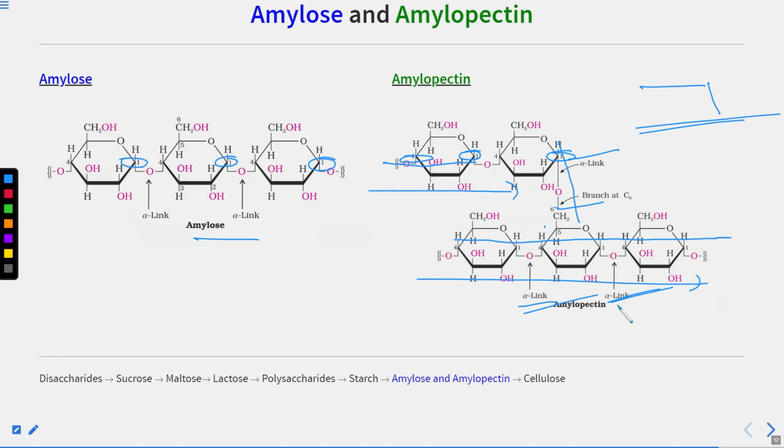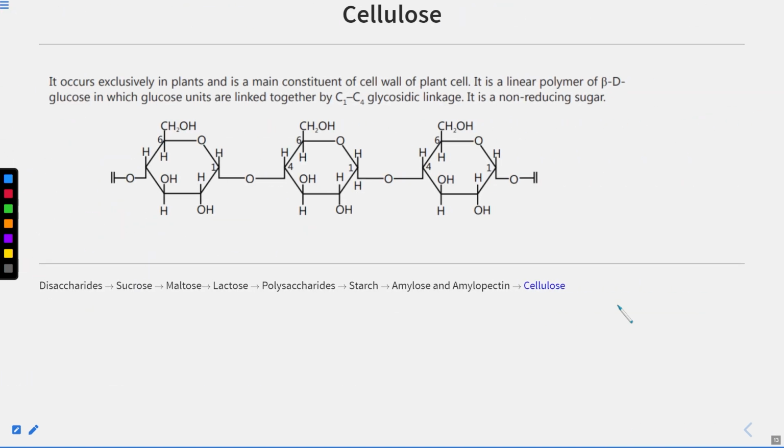Now let us move to the last type of polysaccharide, that is cellulose. Cellulose is made up of n units of beta-D-glucose. If I ask you how cellulose is hydrolyzed, you will give the same equation: C6H10O5, or C6H11O5 with n units, and upon hydrolysis